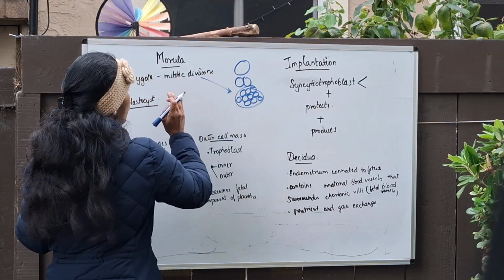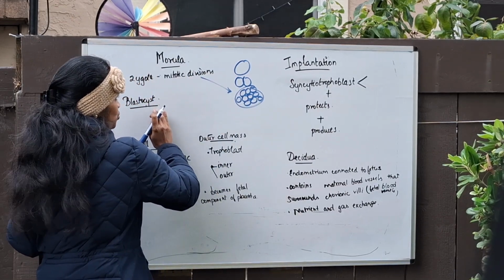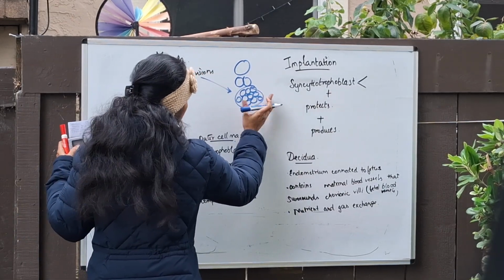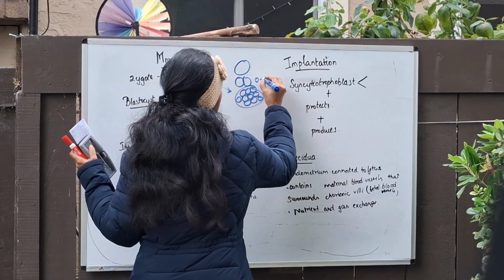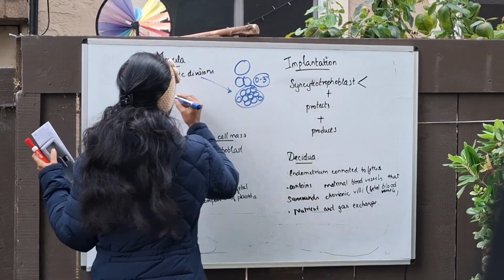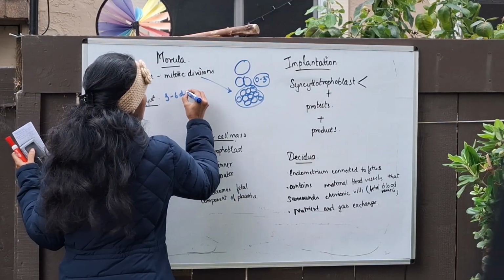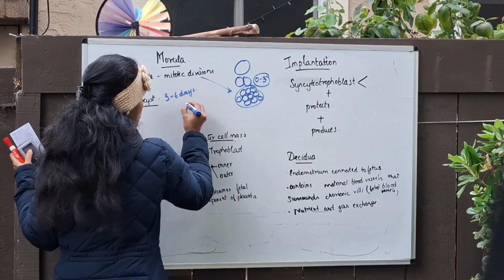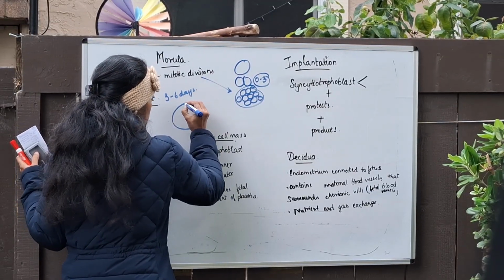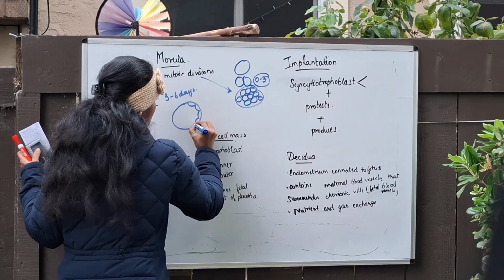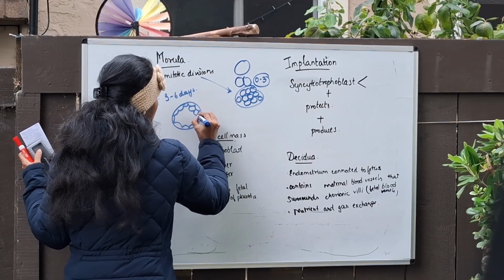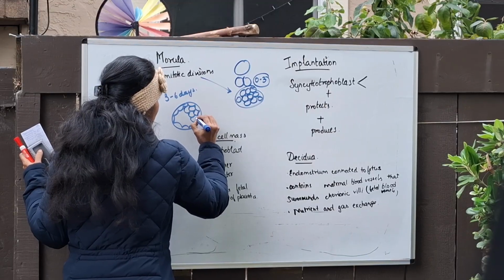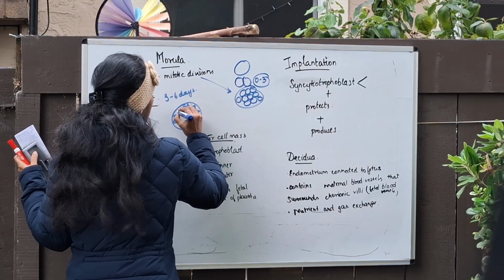the morula. What do we understand by blastocyst? This morula which is formed will now be converted to blastocyst. The first 3 days will be morula. Now the next 3 days, 3 to 6 days, it will be present as a blastocyst. So what is the blastocyst? Blastocyst will have the outer cell mass. Blastocyst will have the inner cell mass, and the blastocyst will also have the